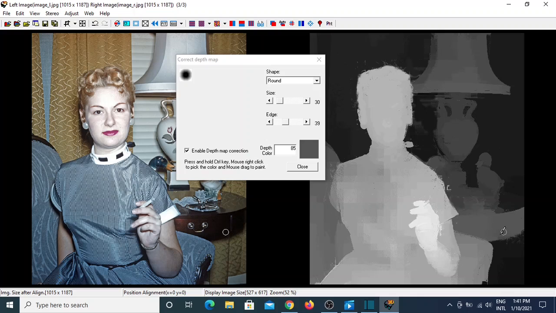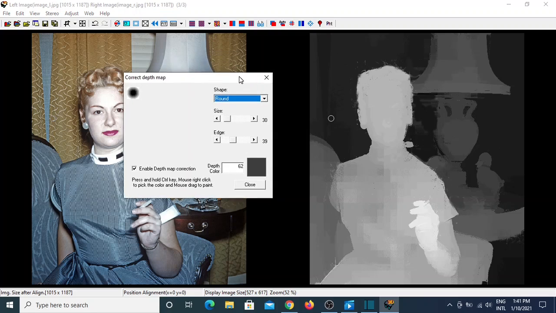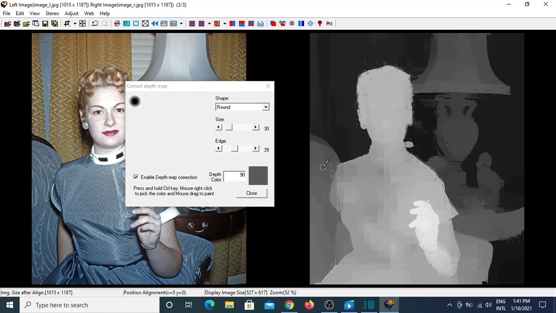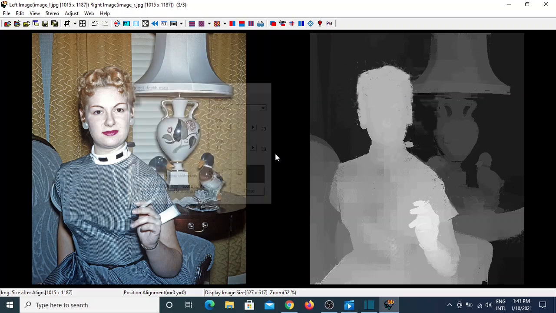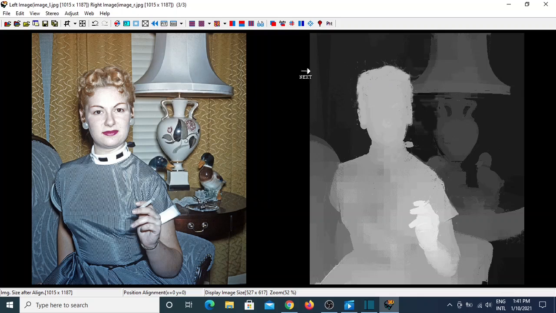Of course, it's better if you have a tablet. So here I have fixed pretty much everything I think. So yeah, I spent maybe a minute doing this. Yeah, okay, so to me, that's good enough. So you close this. I think I'm done here. So at this point,